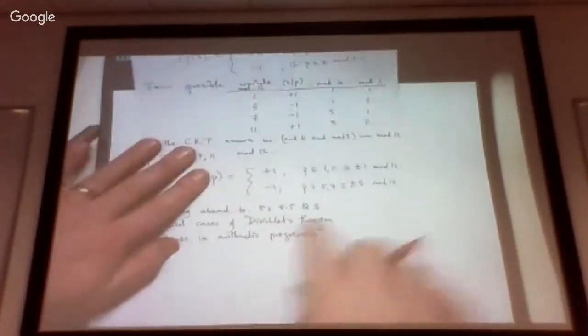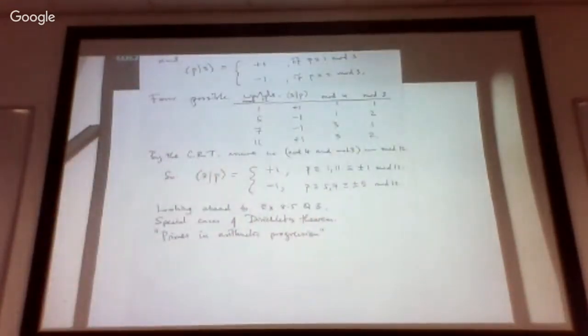Dirichlet's theorem isn't a theorem in the notes. It's like an advanced theorem. You need a lot more, some analytic tools, a lot more stuff to prove it. But Dirichlet's theorem says